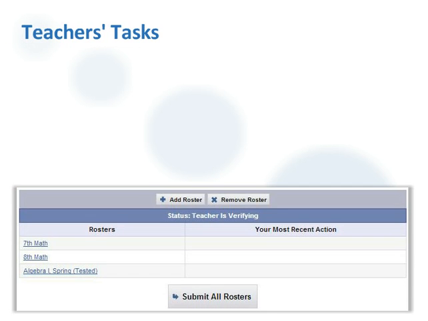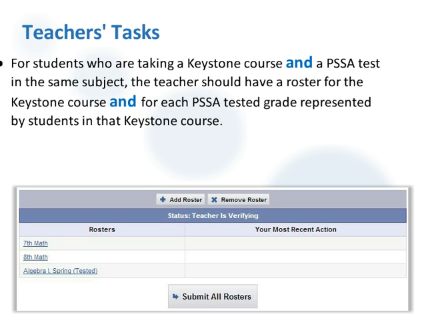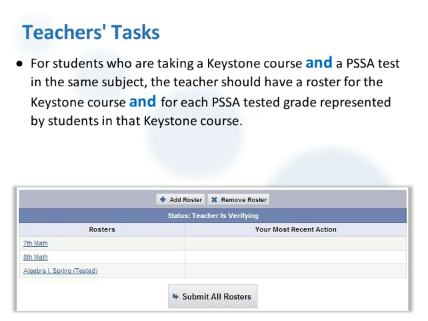When you first log in to the PVOS roster verification system, you'll see your list of rosters. Your first task is to make sure this list is correct and complete. Do you have a roster for each tested subject and grade or course that you had responsibility for during the